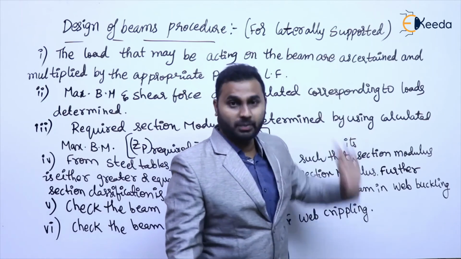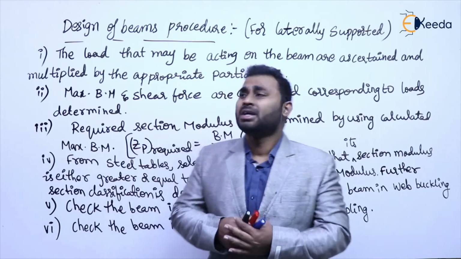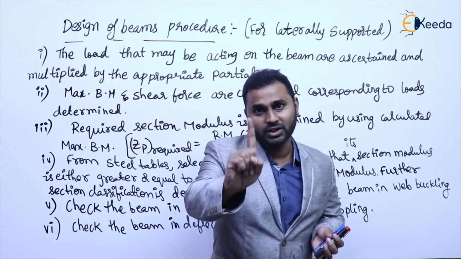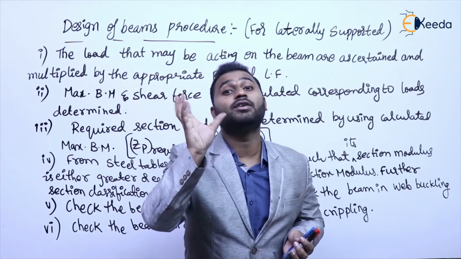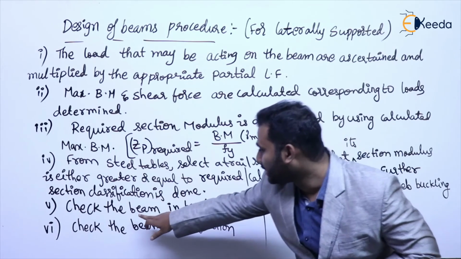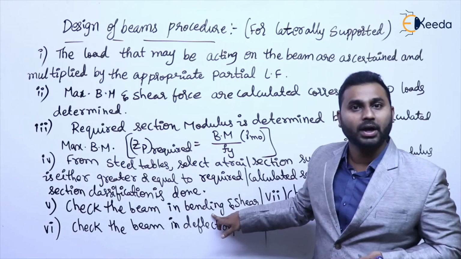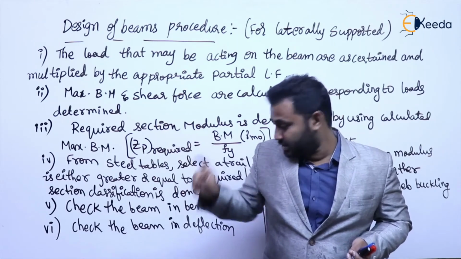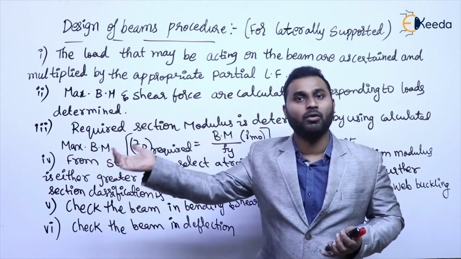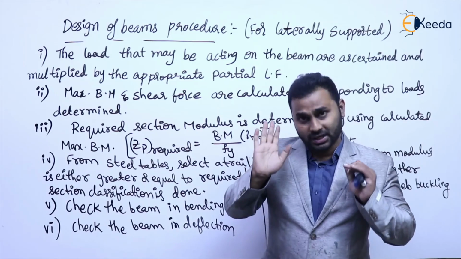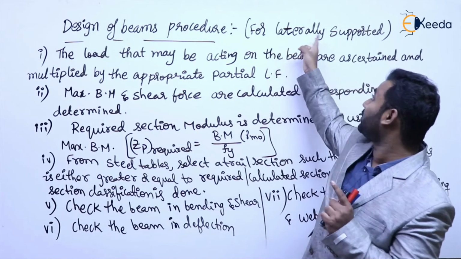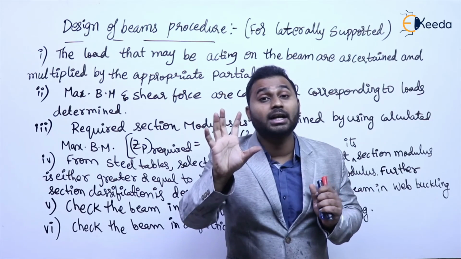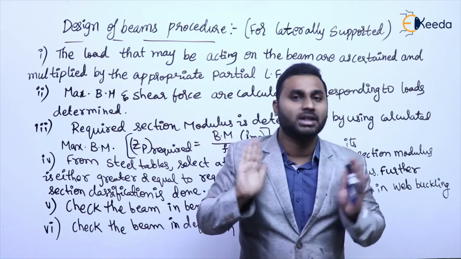So as discussed previously, this is the procedure for the design of the beams, mainly for laterally supported beams. Now for laterally unsupported beams, the same design procedure exists with only one difference. What is that difference? The calculation of design flexural strength. It means here where we are going to check the beam in bending, when we are checking the laterally unsupported beam in bending, we have to use a different formula. What is that formula? Already we have discussed. So the only difference for laterally supported and unsupported beam is the formula used for calculating the design flexural strength. Rest everything is same. Is that okay?